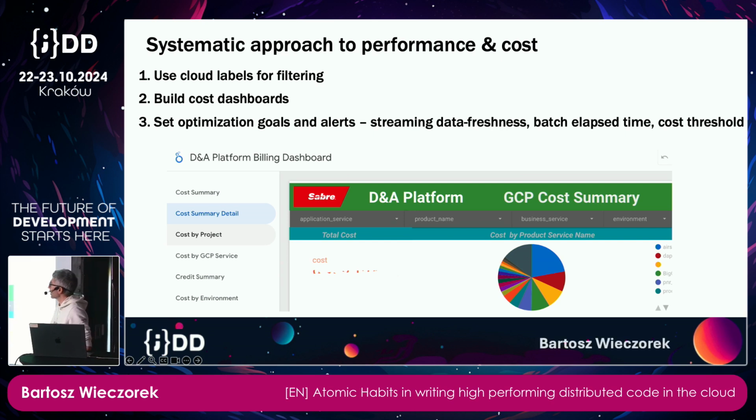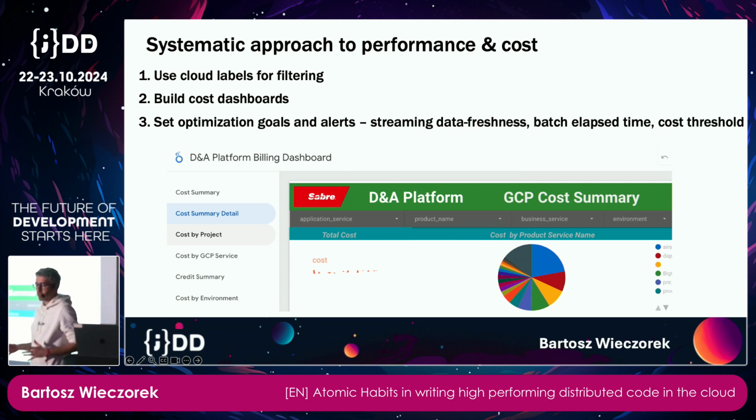Speaking about the systematic approach to performance and cost, we need to set our targets, goals, and alerts, and how we want to address them. If you're optimizing something, it's important to look around for low-hanging fruits that can give you quick savings. On the other hand, you don't want to spend months or years of time just to optimize maybe 1 or 2%. So it's important to set these goals, and if you're ingesting the data in a real-time manner,